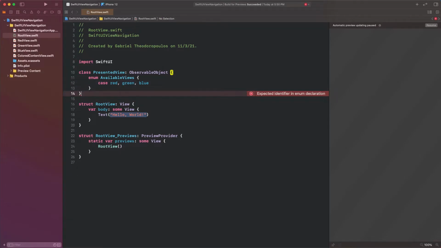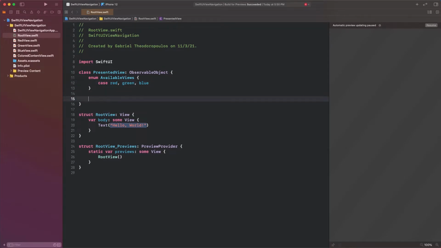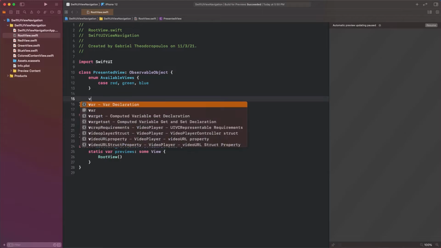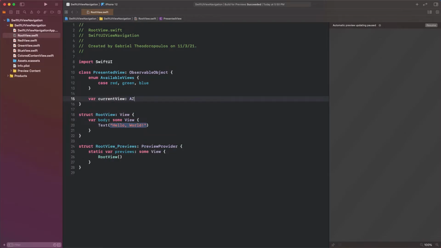Besides the available views, the PresentedView class will be containing one property only that indicates the view that should currently be displayed. I am naming that property currentView, I specify its data type as AvailableViews, and I provide the view that I want to be shown first in the root view as initial value. And of course, as mentioned previously, I'm marking it with the Published property wrapper.